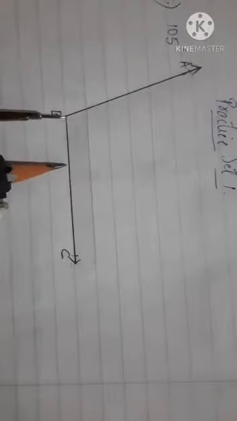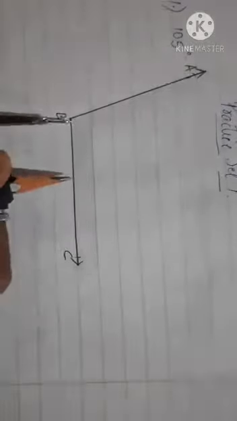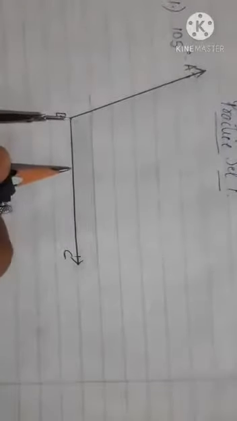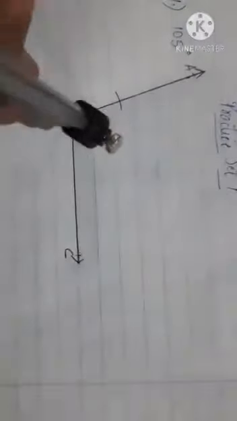As I have taught earlier, you have to take less than half. Perpendicular bisector more than half measurement, and angle bisector less than half, any measurement of your choice. Okay, after taking less than half, I will not change the measurement. I'll keep it as it is throughout the construction. After taking less than half, I'll keep it at point B. I will draw one arc at ray AB. Same measurement, I will draw another arc at ray BC. Okay, this is my first step.